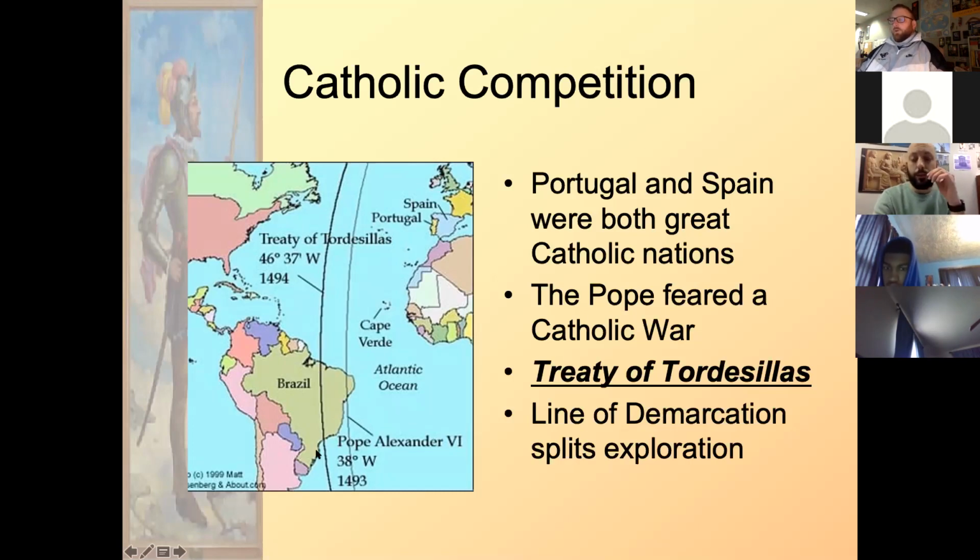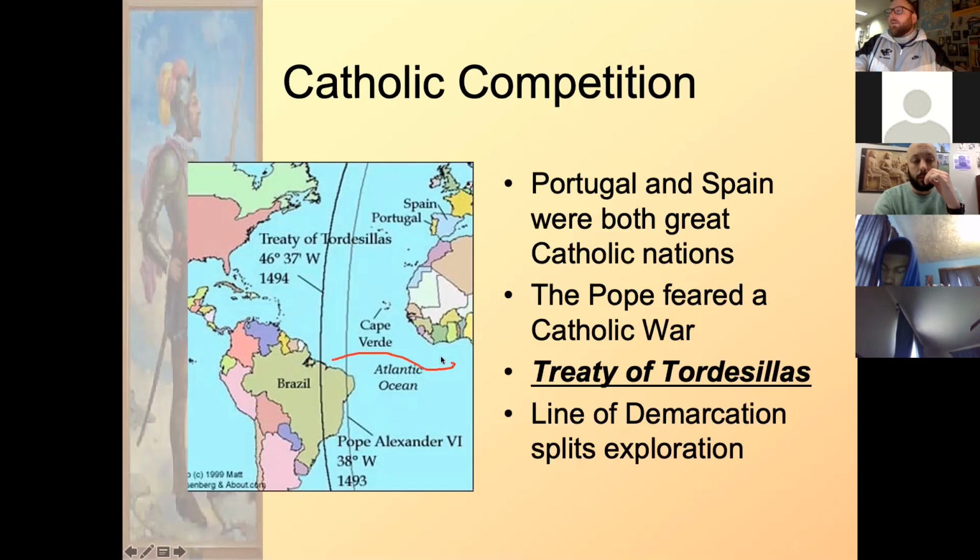At the Treaty of Tordesillas, this line is on the map. It's a big black line right here. And basically, if you draw an arrow, I'm going to try my annotation stick. I haven't used this in a while. Let's see how it goes. All right. So basically,